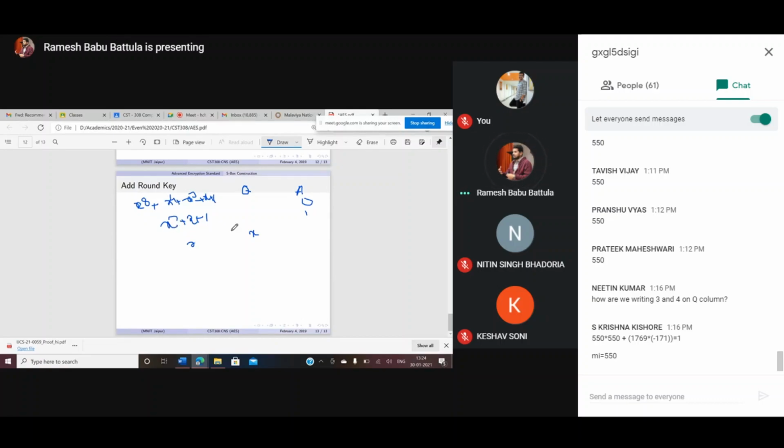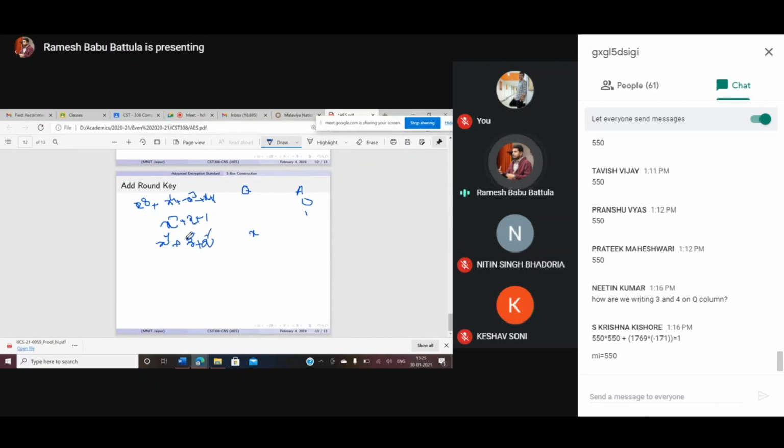x power 8 plus x into x, x square, plus x into 1, x. That means x is there, x square is there, x power 8 is there. The x power 8 terms are both going to be cancelled. Why? Because you need to perform a subtraction operation here, and subtraction directly is not possible. That's why you need to use the XOR operator over here. So x power 8 plus x power 8 is going to be 0. What is the next value? x power 4. Then what will be there? x power 3. Then x square is there.